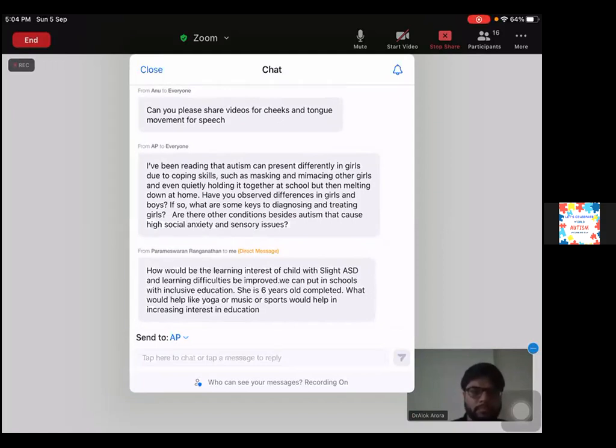Yes, Dr. Alok. See, yoga, music, or sports will definitely help calm down the child and help with attention and concentration, all three. As a result, it will help interest in education. Definitely, when the attention is better and the child's hyperactivity goes low, the child is able to concentrate and sit in one place. So education becomes better. You don't have to do everything. Wherever the child is feeling more comfortable, we can go for it.